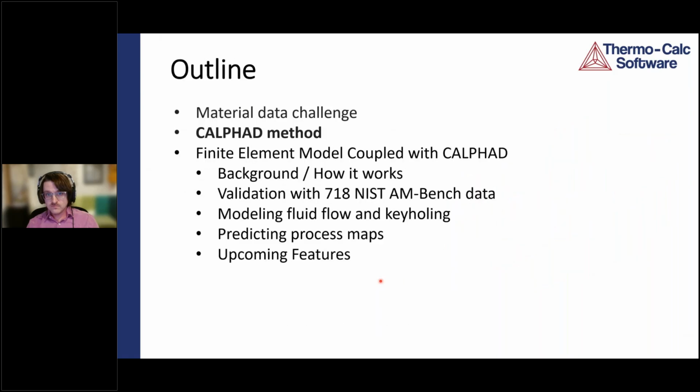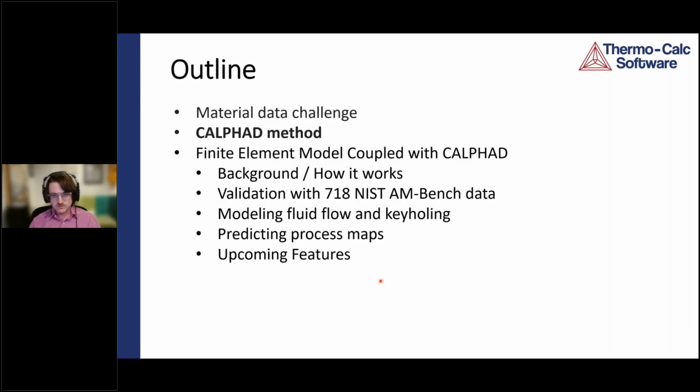Okay, so I hope you learn a few things in this talk today. So I tried to illustrate in the last few slides the material data challenge that we all face. Hopefully that's something that resonates with you. And as a takeaway from the talk I'm going to give today, I hope you can learn a few things. I'm going to talk a little bit about the CALPHAD method and how it works. So if you're not familiar with that, hopefully you can learn something there. I'm also going to talk about the Scheil equation, or the Scheil-Gulliver equation, which is really important for solidification. So if you're not familiar with that, I'll go over the graphical derivation of that,